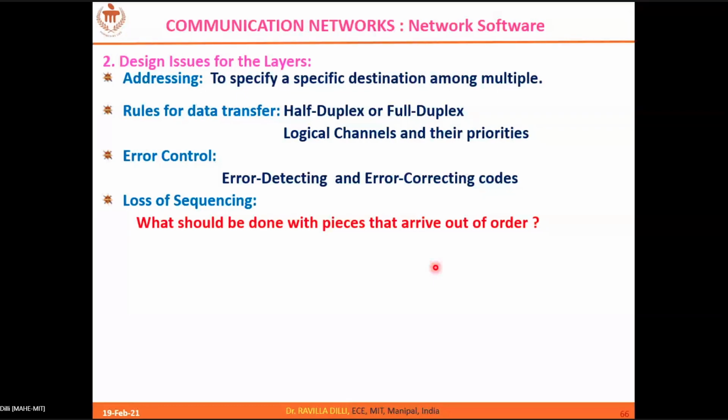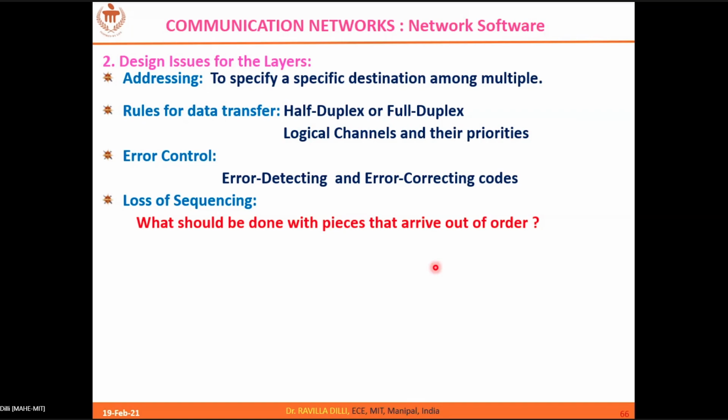How are you going to handle the data that you miss? As I told you, the user's data will be divided into smaller packets, right? Those smaller packets will be transmitted through the communication subnet, which we have seen in the figure, and delivered on the other side. So there are chances that some of the packets will be missed in the communication subnet. That means at some of the routers, your packets can be missed.